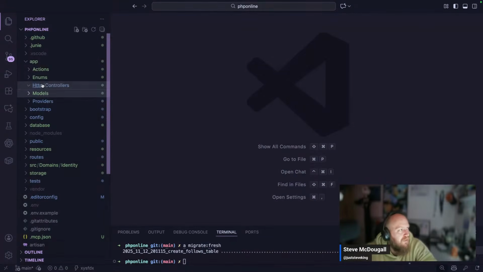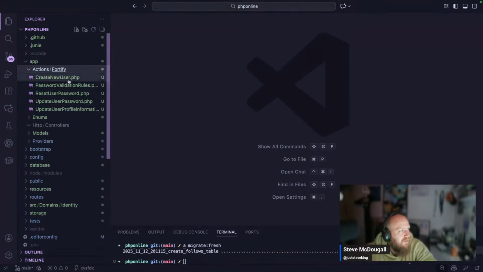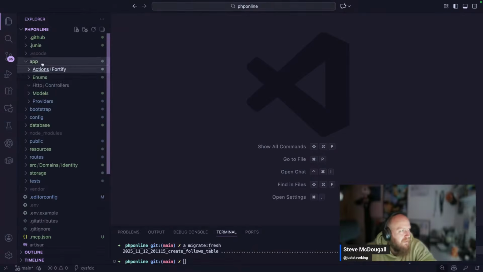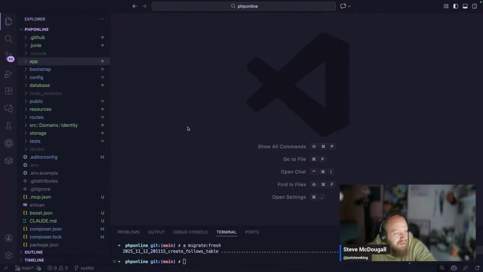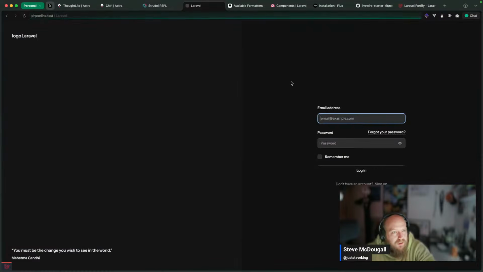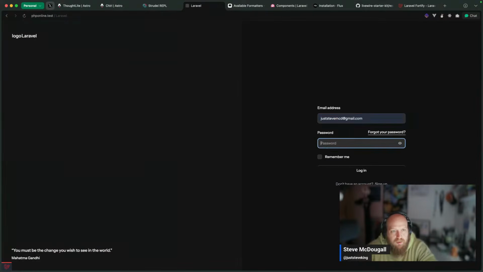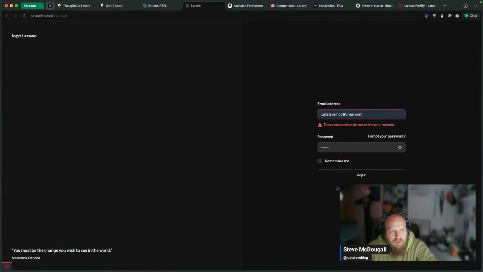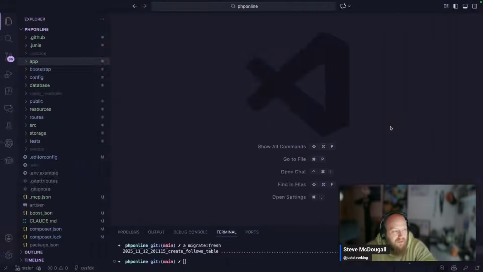With that controller because it's not needed. Some of these default Fortify actions aren't going to be needed. So obviously I'm overwriting them with Livewire stuff. Okay, so